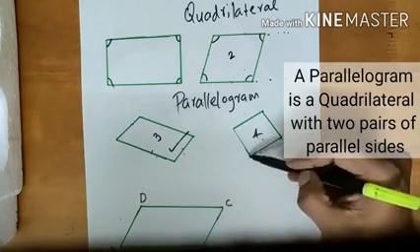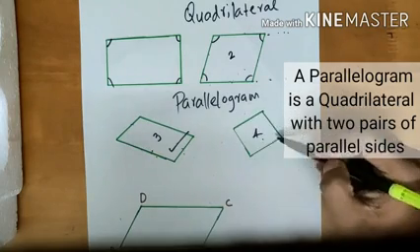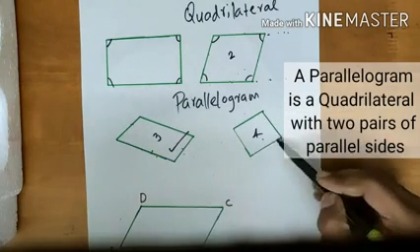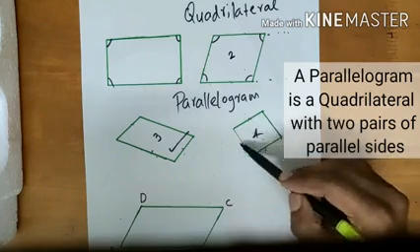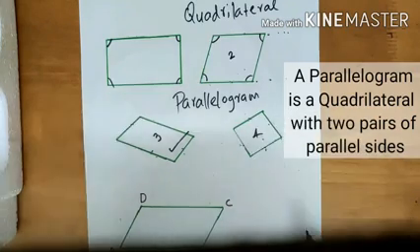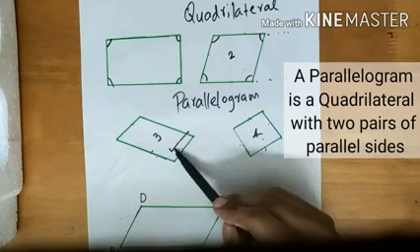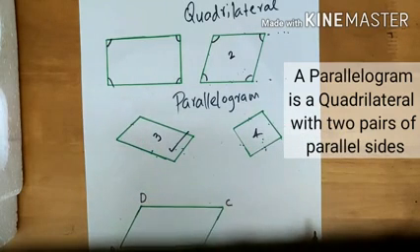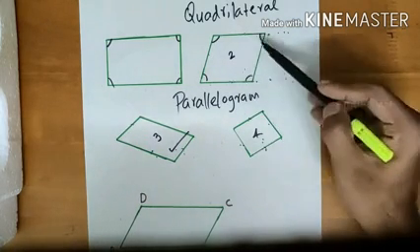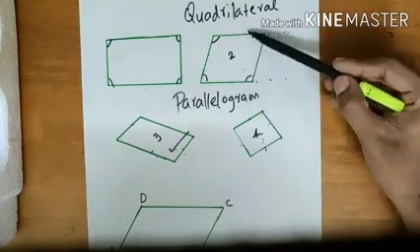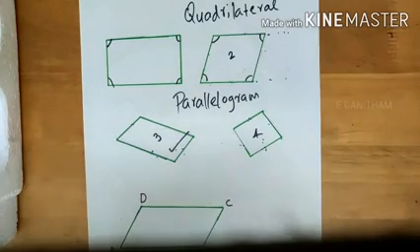What about the fourth one? Is it a parallelogram? Again 4 sides. And look at these opposite sides. Opposite sides are also parallel. So second one, third and fourth are also parallelograms. So what do you mean by a parallelogram? A parallelogram is a quadrilateral. That means it has 4 sides and the opposite sides must be parallel.